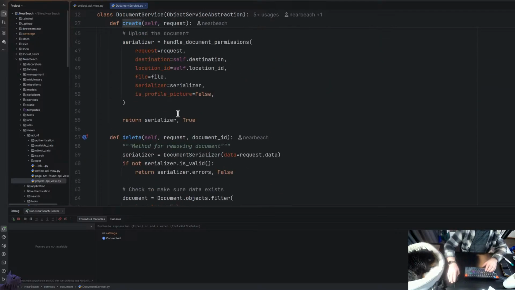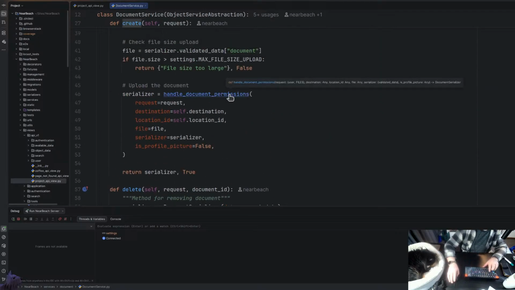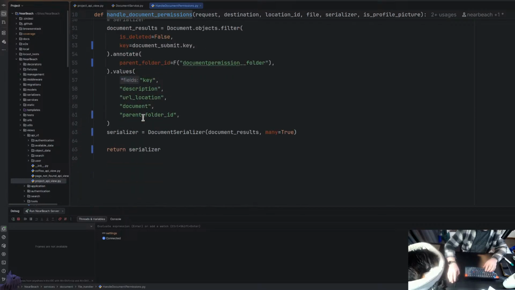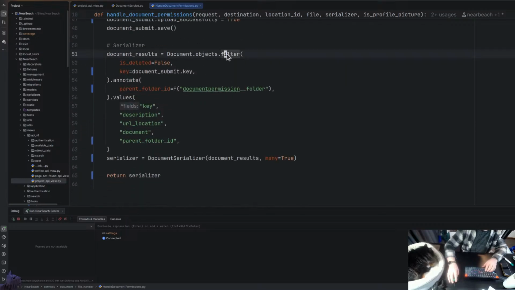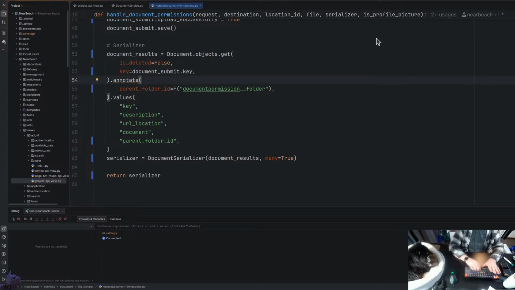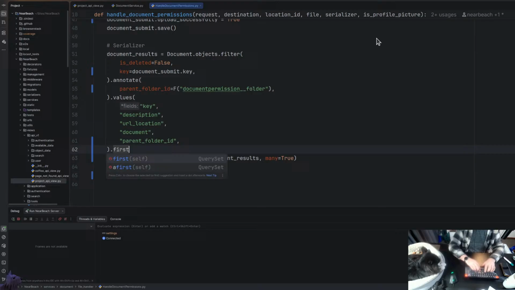When we do this handle permissions and so forth, I'm doing a filter. I should be doing a get, but we can't do an annotate. But if I do a first,